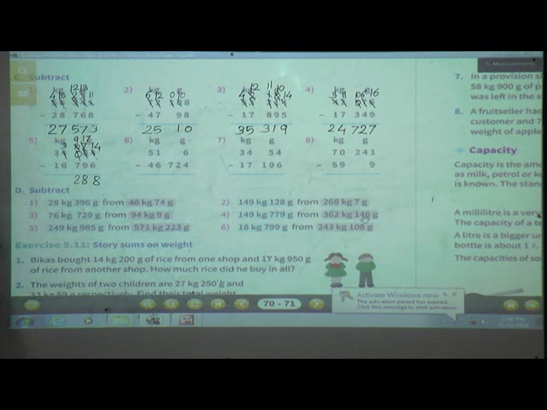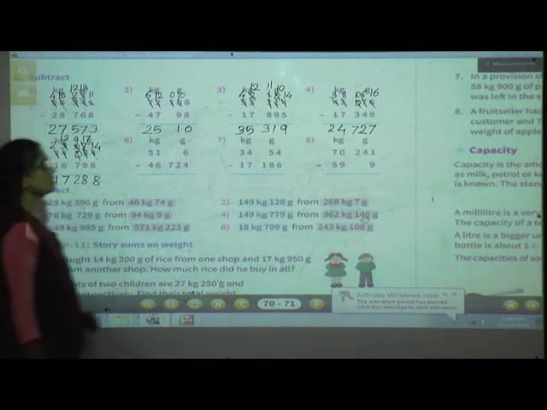We will subtract kilograms now. Here 3 kilograms minus 6 kilograms. 3 minus 6, again not possible. So just cut this 3, write as it is and take one borrow from this neighbor. Here 3 is there. So 3 minus 1, here 2 will remain and this 3 will become 13. Now 13 minus 6, yes, 7. 2 minus 1, 1. So what is the answer? 17 kilogram 288 grams. Understood? Now we'll take this last example.